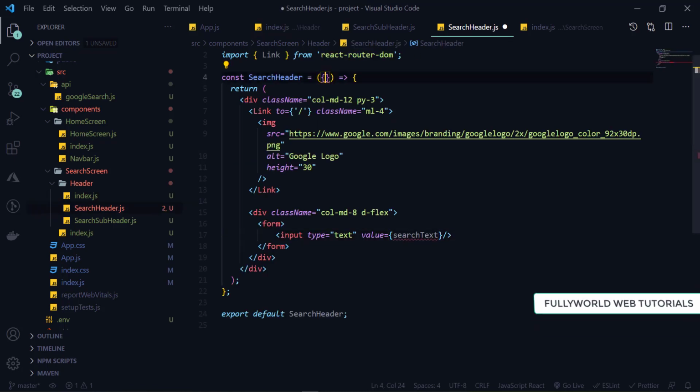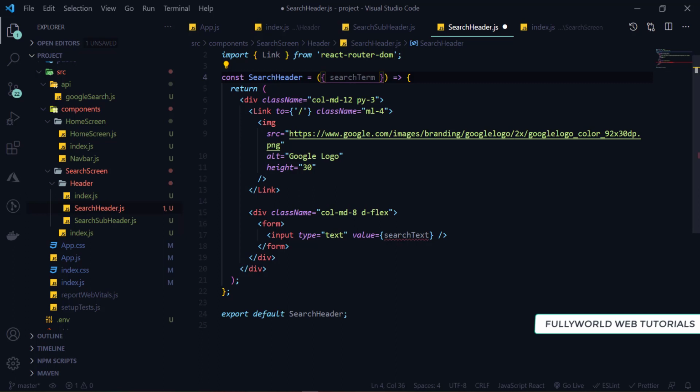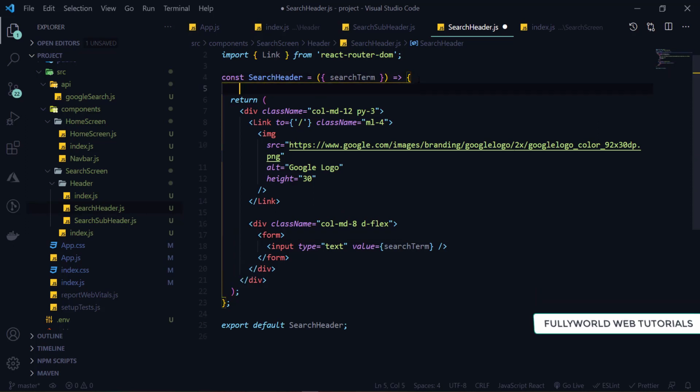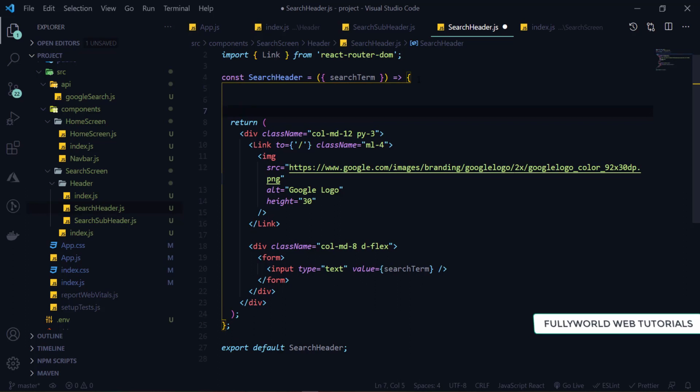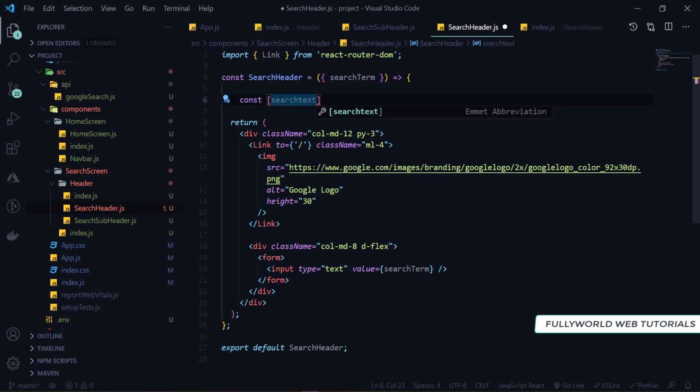So instead of value we can use useEffect here. So here I'm going to create one new state, that will be our search text, and here I'm going to set search text. So search text is there, setSearchText. So here we are going to set this, and this will be our useState, and this useState we are going to import from React.